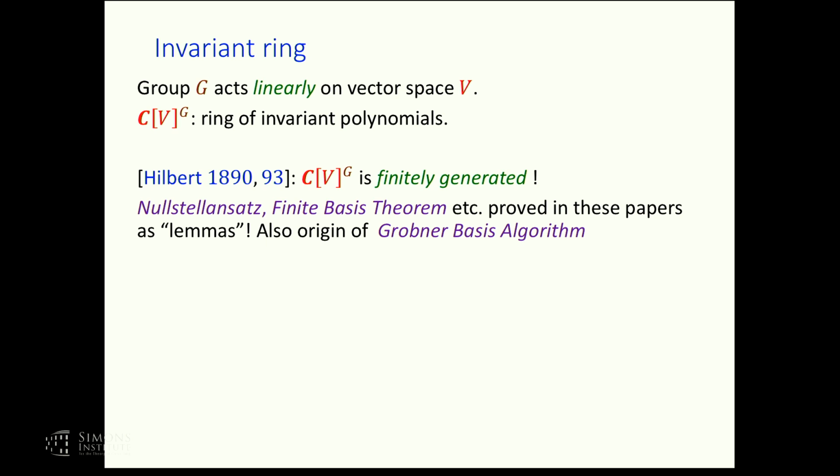Here's the object that I first want to say some more about. So we talked about the invariant polynomials. It's clear that invariant polynomials are closed under addition and multiplication, so they form a ring. So that's what invariant theorists are trying to understand. It's denoted this way: C[V] is the ring of polynomials, and you put a little G on top. All the invariant polynomials. And a fundamental, maybe I would say the big bang of the field, even though it started earlier, is these papers of Hilbert,